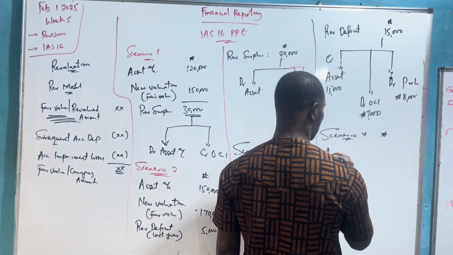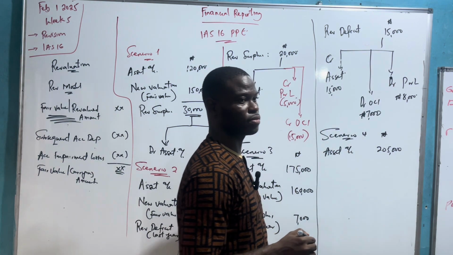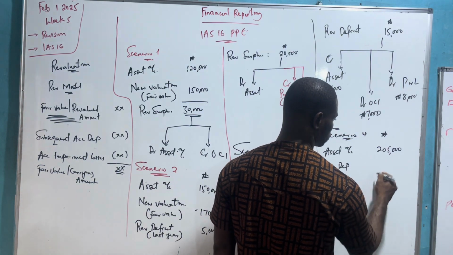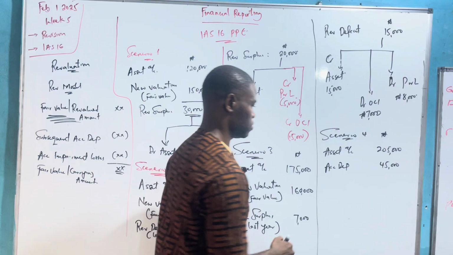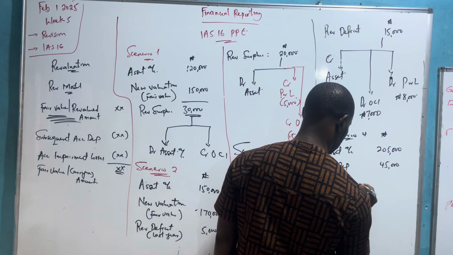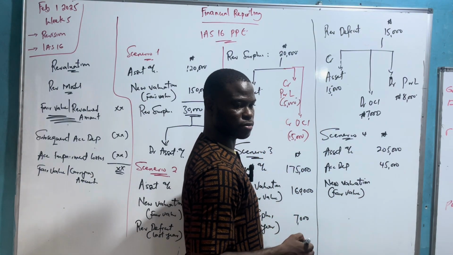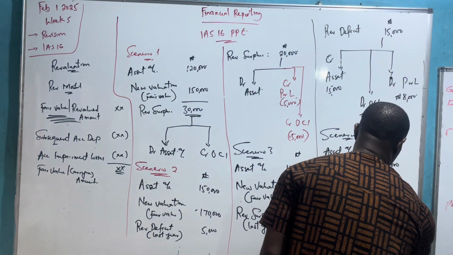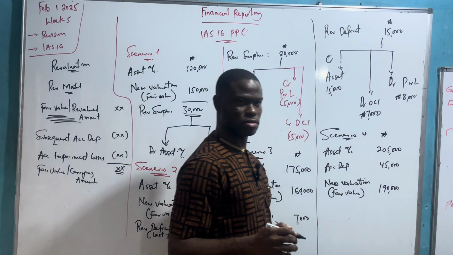If our asset account was carrying 205,000 and the accumulated depreciation account is carrying 45,000. We now did a new valuation where we got fair value, and let's say that fair value is now 190,000,